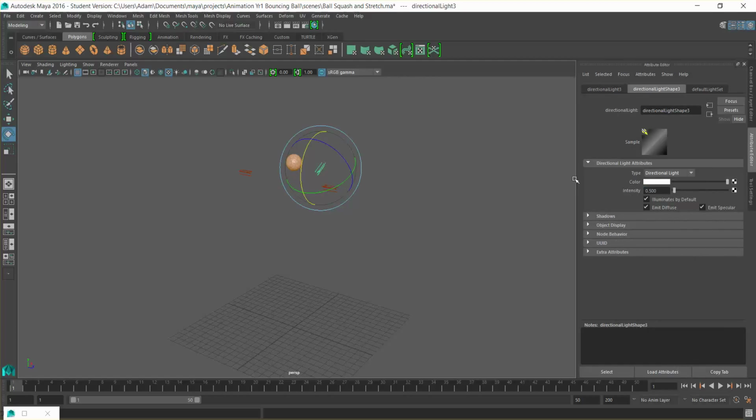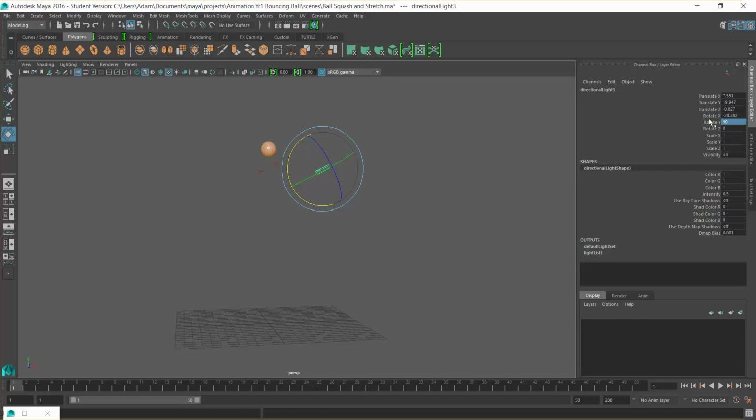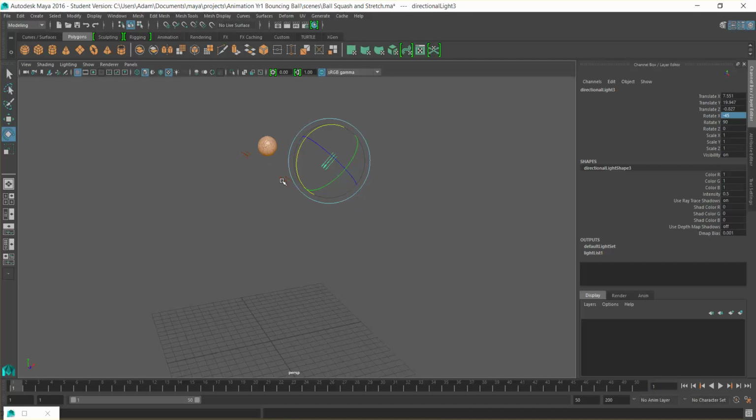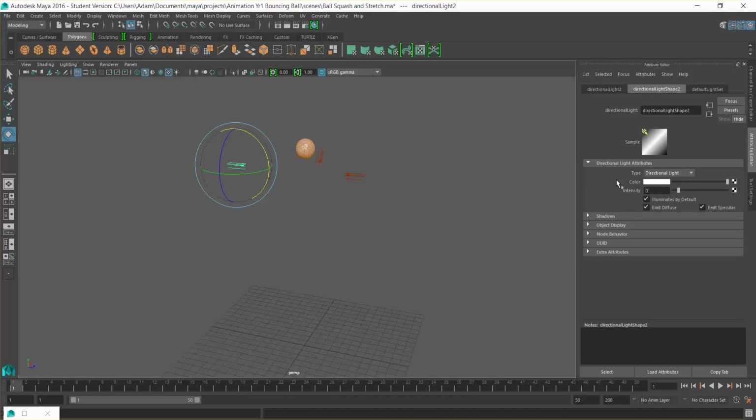0.5, so 50% lighting, and from the top I'm going to do minus 45. My hands are all over the place this evening. There we go. Turn hardware texturing back on, and my fill light will be, if you go to the attribute editor, 0.3, and I'm going to put my main at 1. So my main light